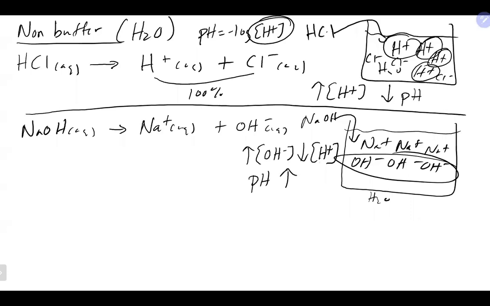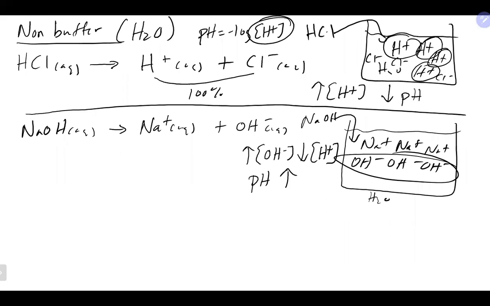So in this case, where water is not a buffer, by adding the base to it, you have all this free OH minus floating around, which is going to cause the H plus concentration to come way down and the OH minus concentration to come way up. The result is that it's going to become very, very basic because you have a lot of OH minus floating around in the solution. So again, if we start at a pH of 7, it will jump up maybe to a pH of 12, 13, something like that. A really big jump in pH because we just created a bunch of free OH minuses